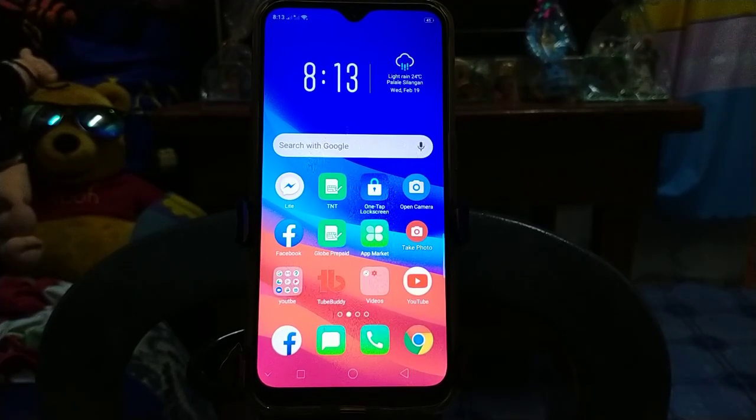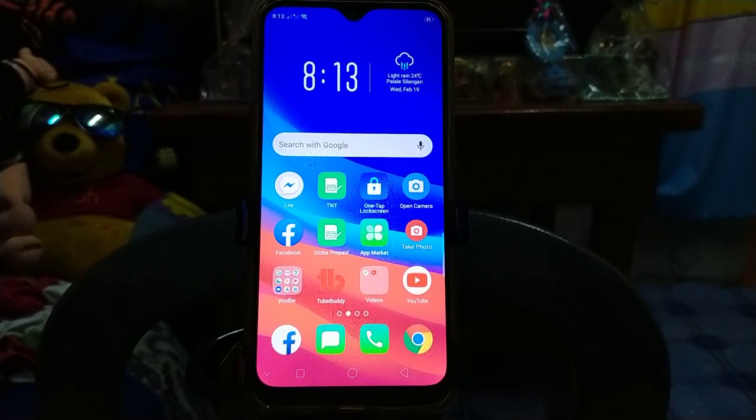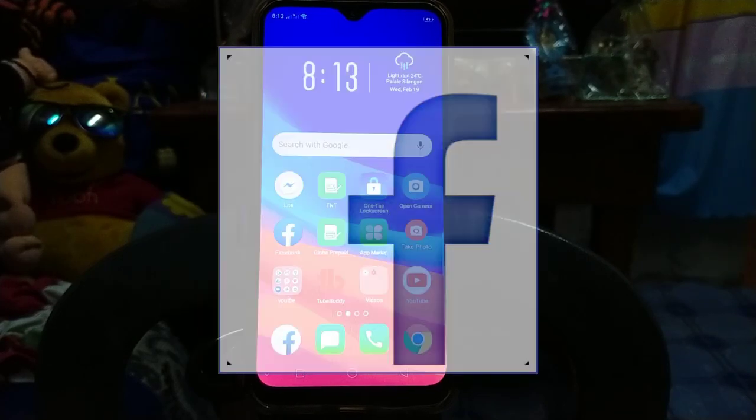Hi guys, welcome to Richard Cabile YouTube channel, and today I share with you how to enable dark mode on